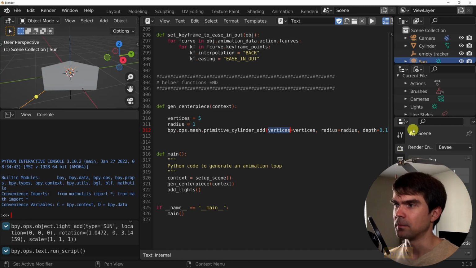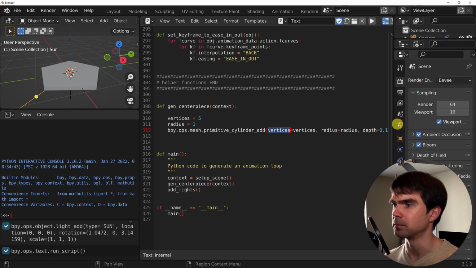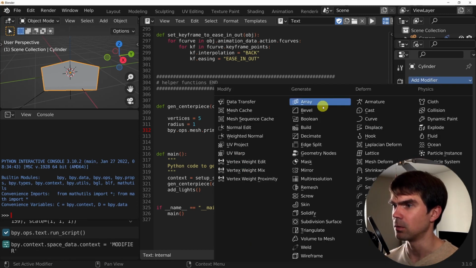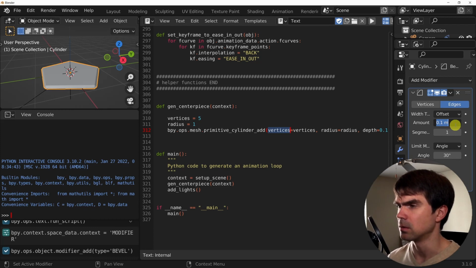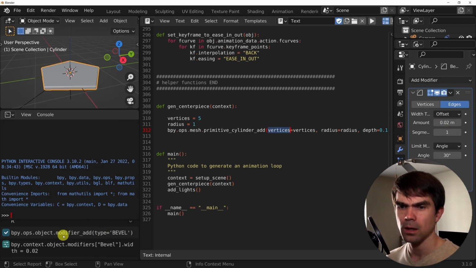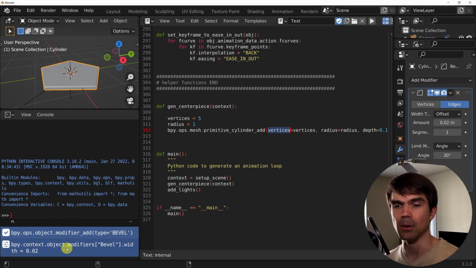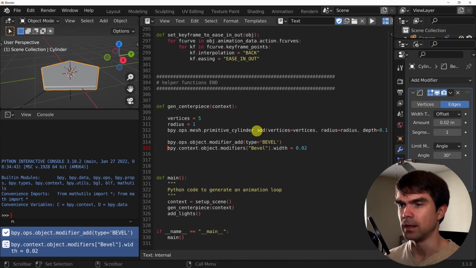All right, next we want to add a modifier, and I want to add a bevel modifier to this cylinder. Modifier bevel here, set the amount to I think 0.02, and just go into the info panel again and select both of these commands and paste them in right here.